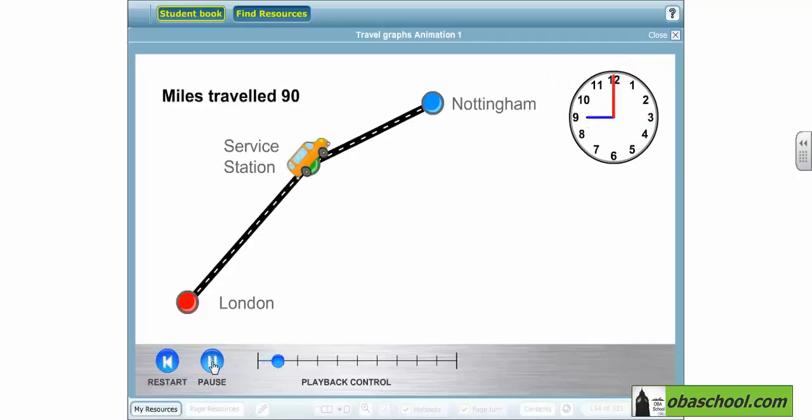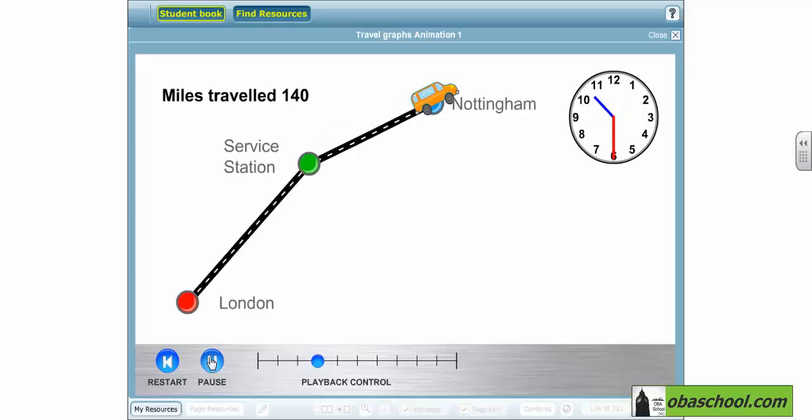If we press the play button, the car moves from London till it reaches a service station. So we notice that the miles traveled from London to reach the service station are now 90, and if we look at the clock, it is now 9 o'clock, which means that the time taken from London to the service station is 2 hours. The car stayed at the service station for half an hour, now it's 9:30, and then